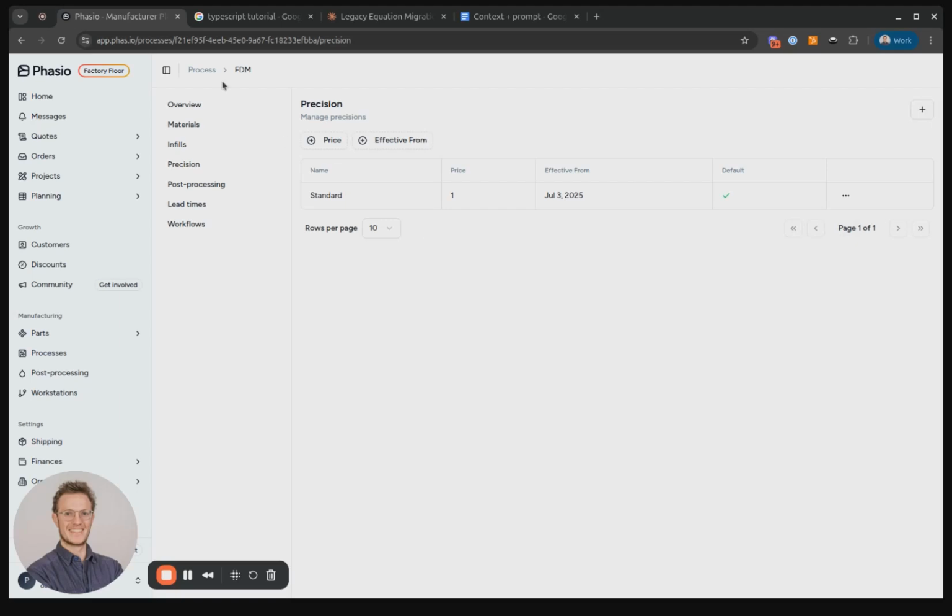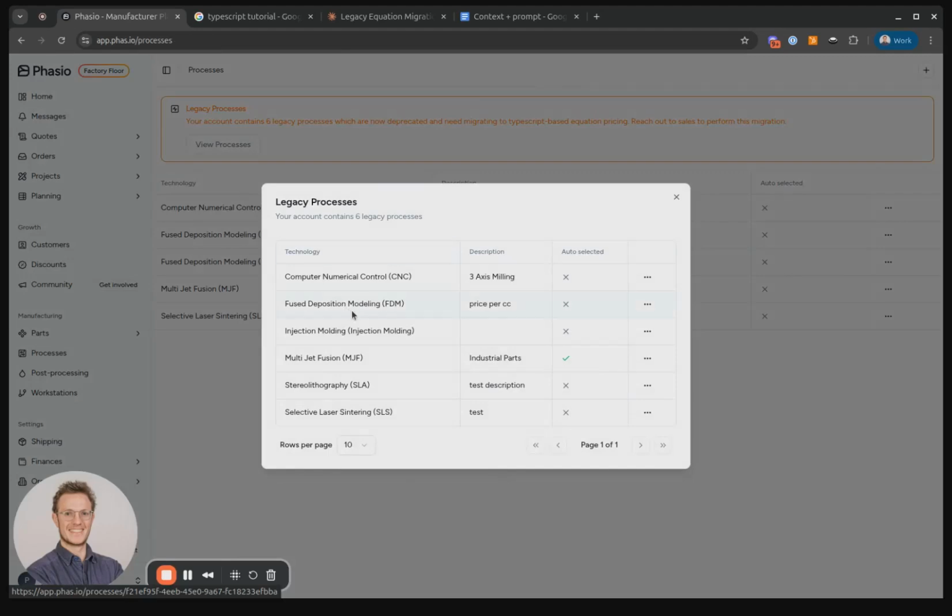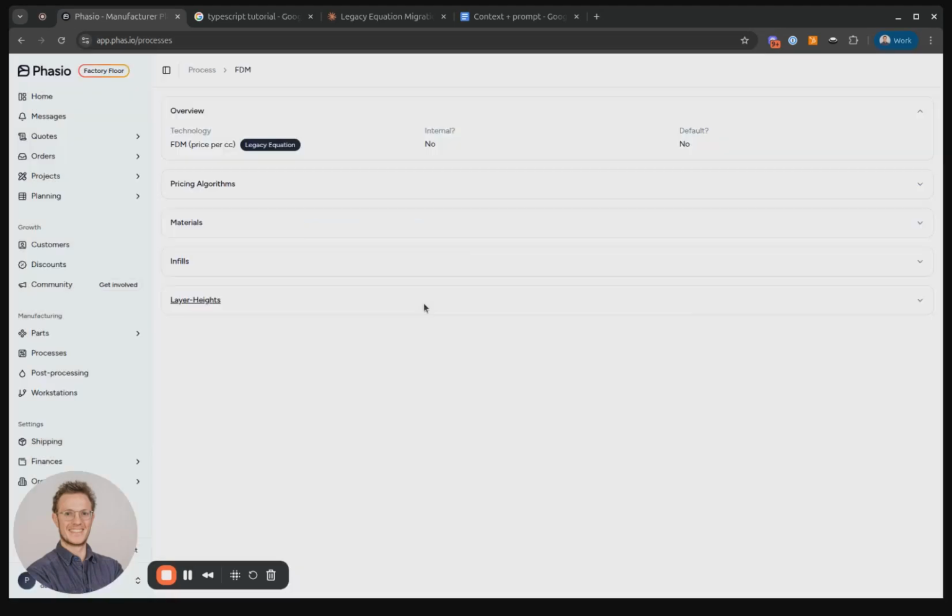So that means that we have transferred the information from our legacy equation, because there's no further post process defined on our legacy equation in here. Otherwise there would be post-processing, and then we have to define that as well. But with the transfer of all the materials being done, we're ready to do some testing,